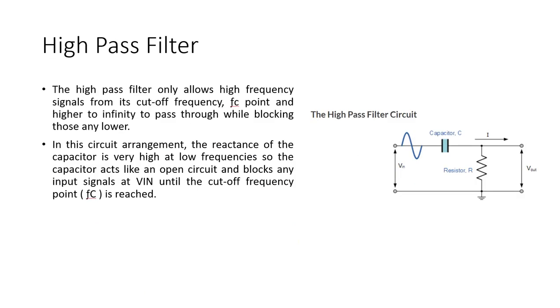The high pass filters. High pass filters allow high frequency and do not allow the low frequency. So as the name suggests, this high pass filter will work totally opposite to the one that we discussed. So this is the structure of the high pass filter. At high frequency the capacitor becomes short, and at low frequency it becomes open and does not allow the signal to pass. So if we have, let's say, a frequency band, at low frequency it will not